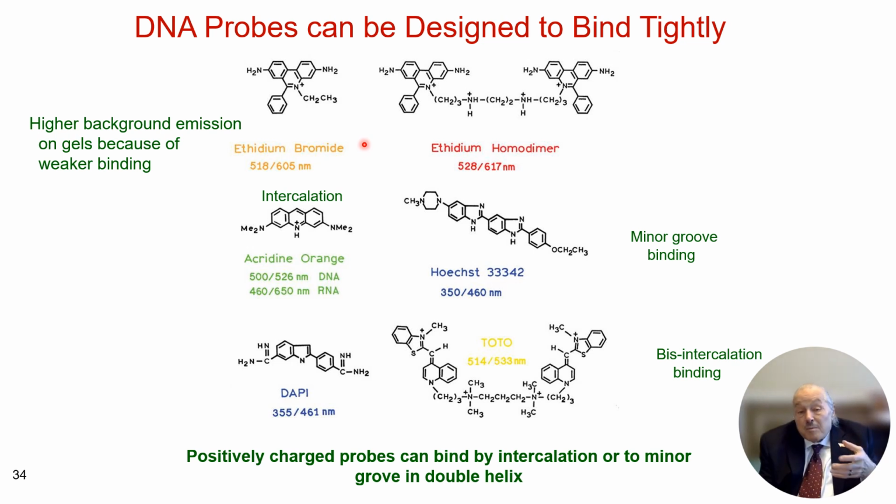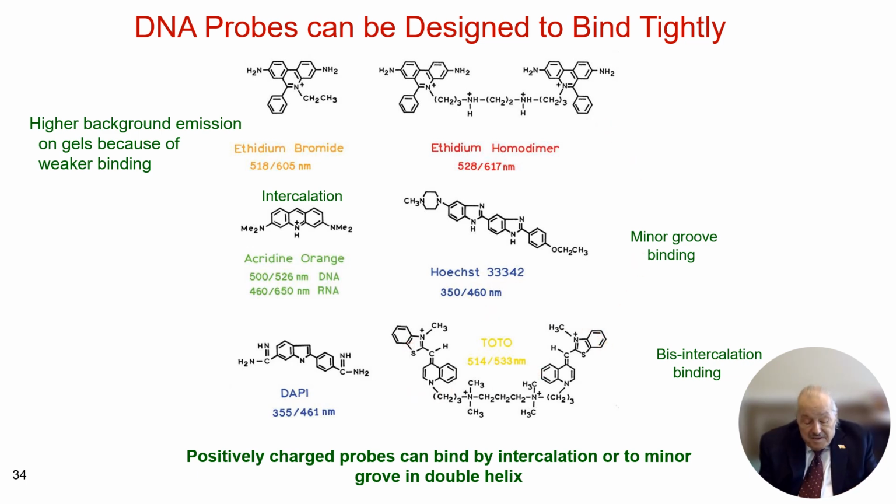So the ethidium bromide increases in fluorescence when it binds to the DNA, but it also can be diffused out of the DNA. So this resulted in the development of the bisintercalating dyes that started with the ethidium homodimer and